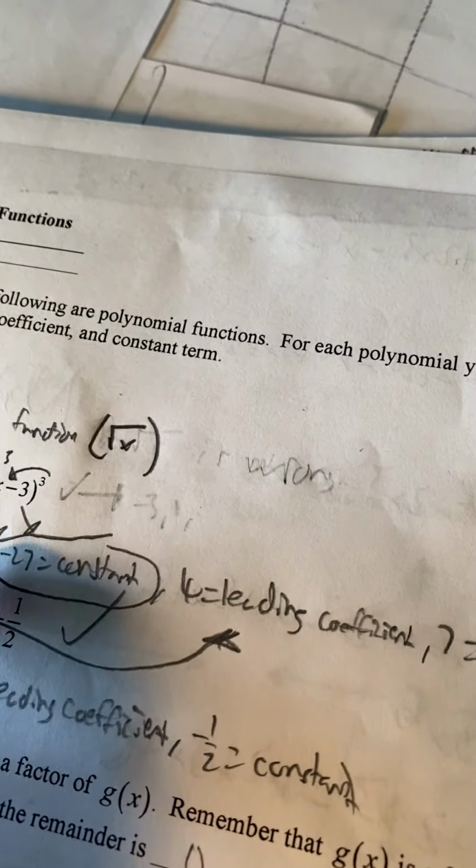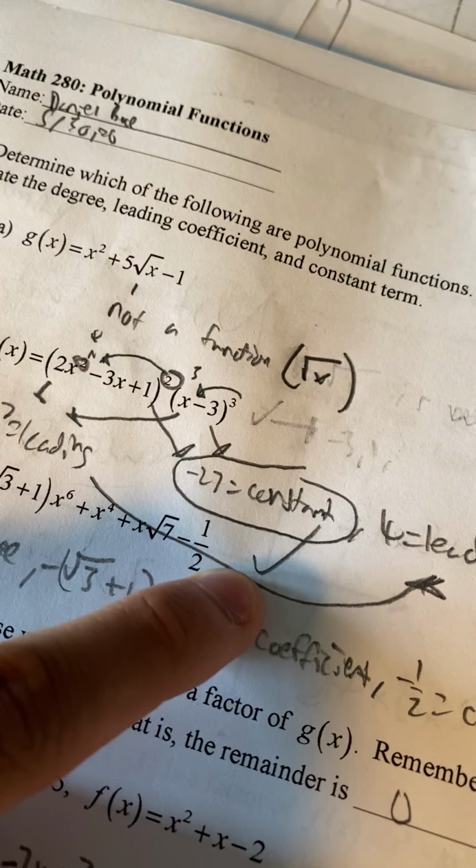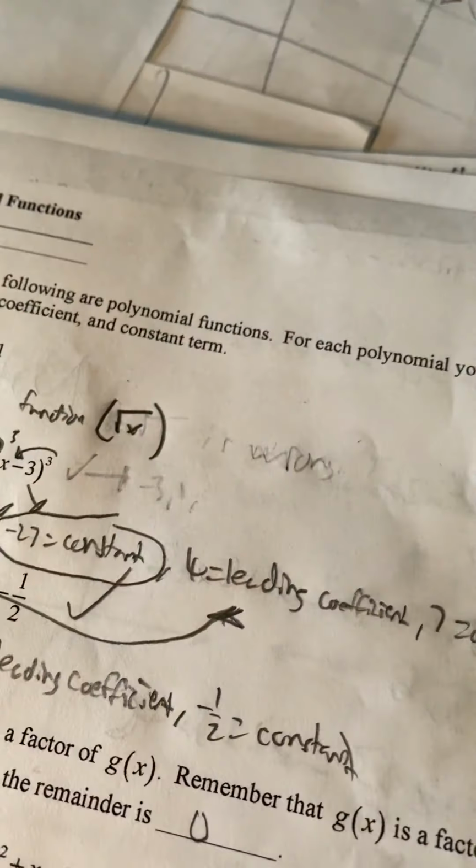And the constant, you can tell here that negative 3 to the third is negative 27. And over here, 1 squared is 1. So you know that the constant will be negative 27. And yeah, that's what I got for B. C,